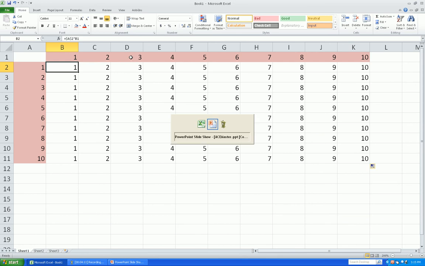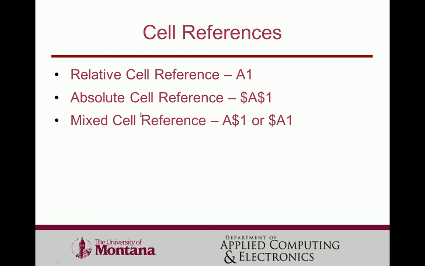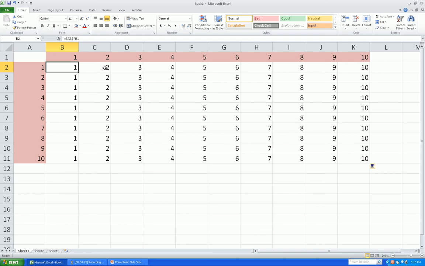Okay, so we're going to try something different here. If we look at our cell references, we've used a combination of absolute and relative. We're going to have to use some sort of mixed cell reference. So it's going to be a combination of these two. Process of elimination, if nothing else, will get us through this. Let's try and figure this out. I want A always to remain the same, but I want the 2 to be incremented. Is that right? Because the next time down I want it to be 3 and then 4 and then 5. Let's try that. And if I pull this down now,